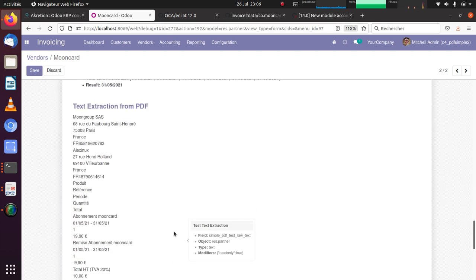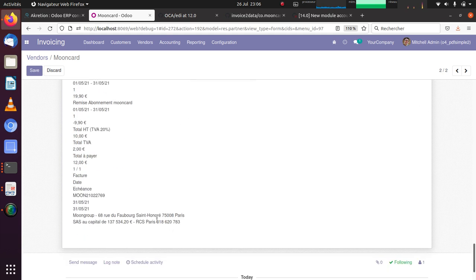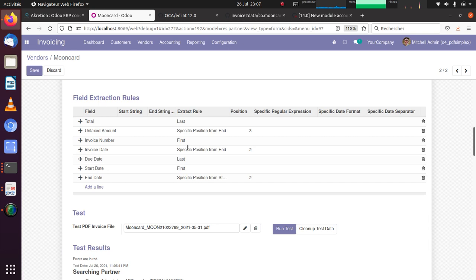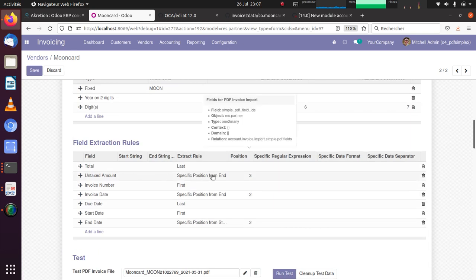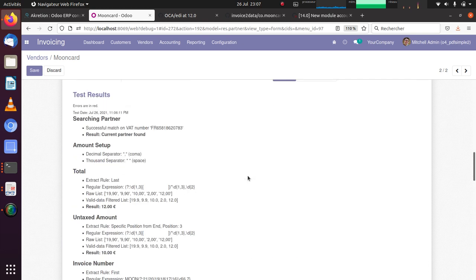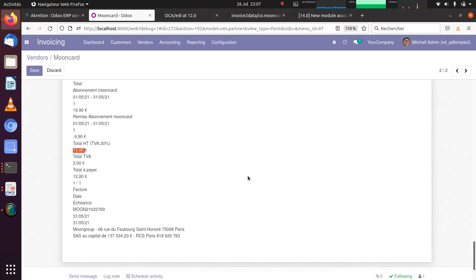For example, for the total untaxed, we have configured it specifying position from head, third position. Instead, I will tell him to analyze after this string, total HT, without tax in French, and to read the number after that. So let's see.